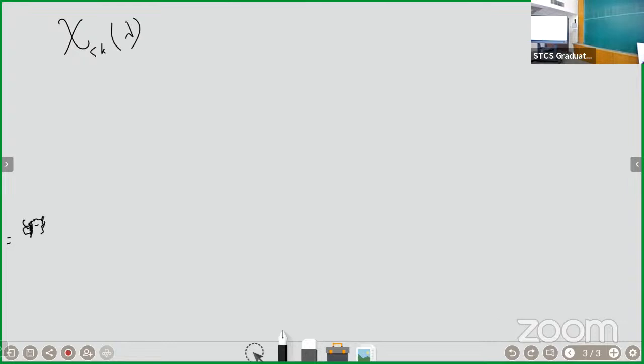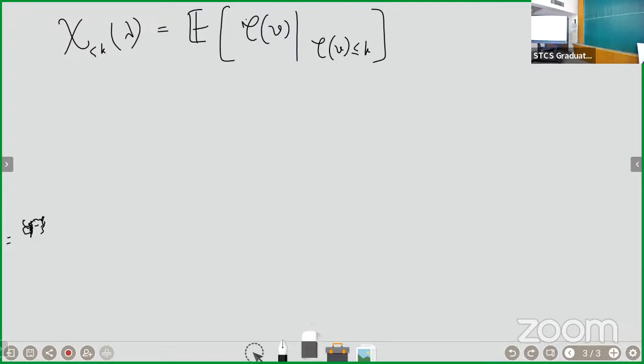Remember, NLP is the expected value of C of B given C of B. That's just a definition. Given that the connected component size of a particular vertex is less than k, what is its expectation? That's it. Then we want to show